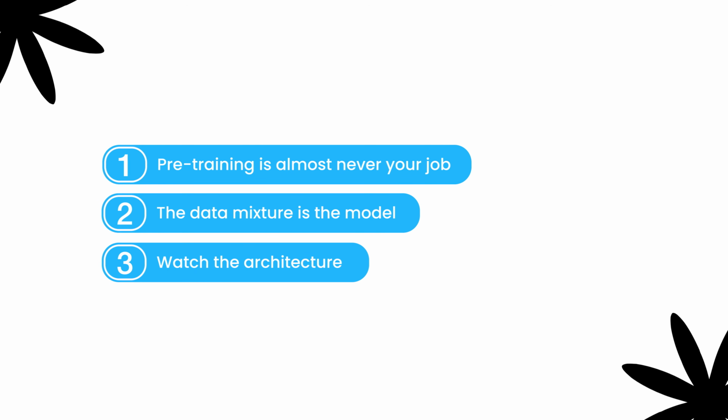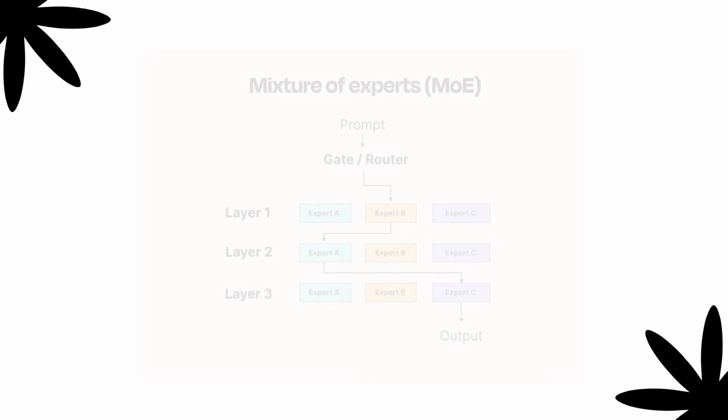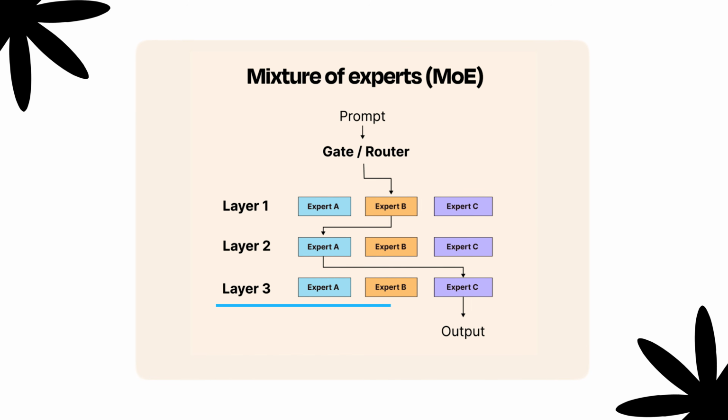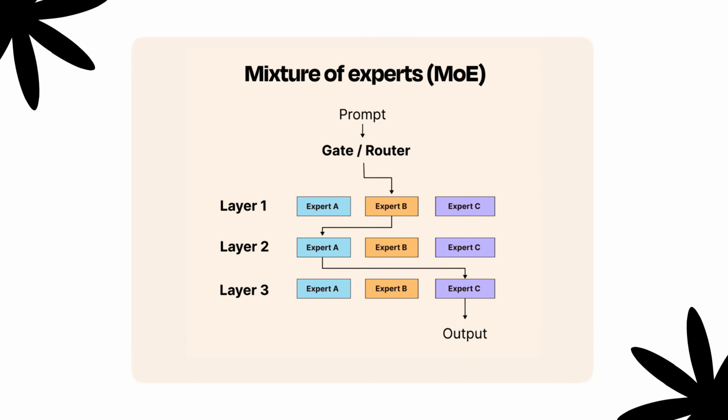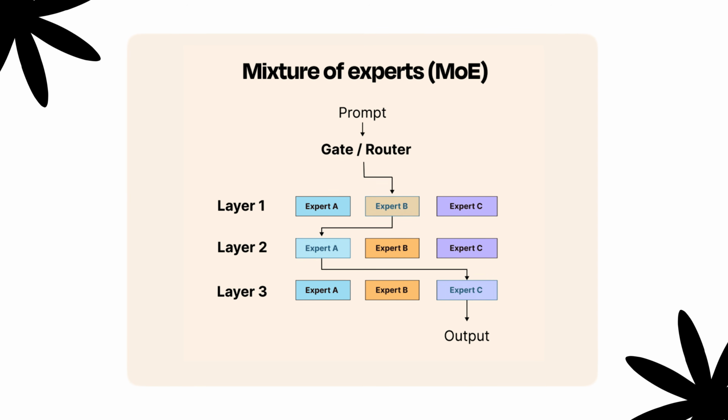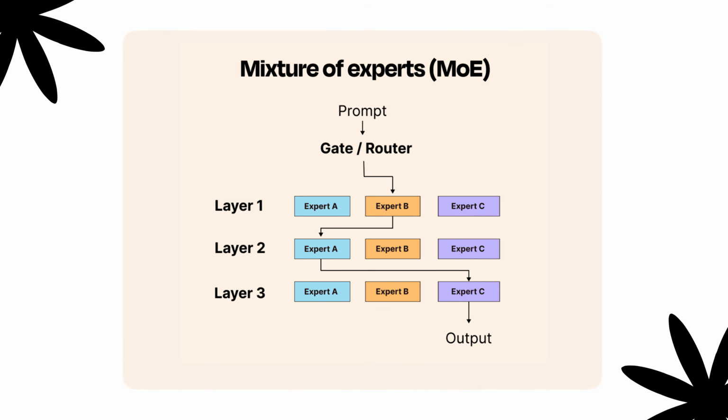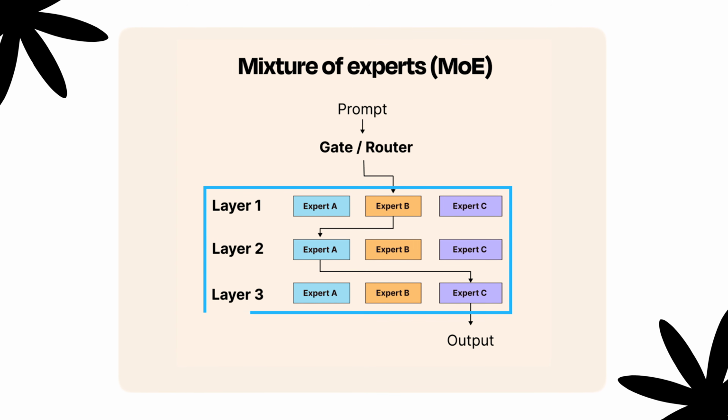Third, watch the architecture. A lot of the strongest open models now, like DeepSeek and large Qwen models, are mixture of experts. If you don't understand mixture of experts, I'm going to link a resource below, so definitely check it out. Now, what mixture of experts means is that the model has a huge total number of parameters, but it only activates a slice of it per token. So at any given point in time, the model is not really using all of its parameters. Basically, it's optimized. For you, that shows up as a gap between total parameters and active parameters, and it directly affects your memory footprint and your serving cost. Now, if you're picking a model to actually deploy, that distinction is not trivial, it is actually your infrastructure bill.